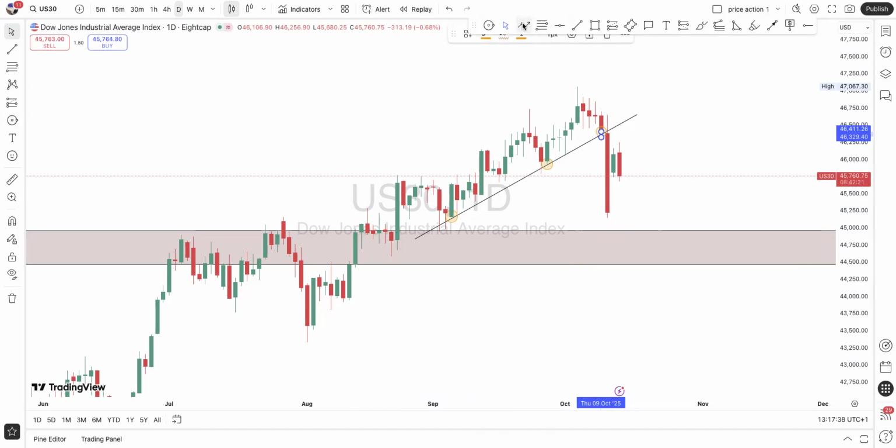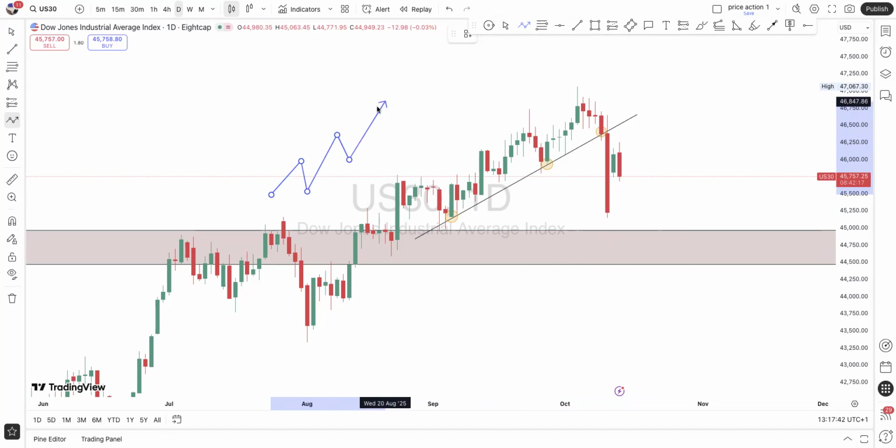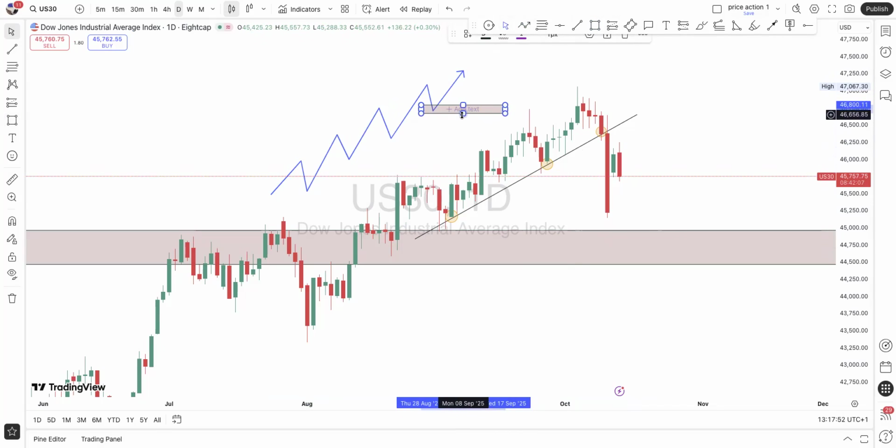So when we're talking about market structure, the market creating a series of higher highs, then the previous low that was created before the high was broken is our major point of interest. There are definitely other lows as well. But the previous low, when this low is broken, then we can consider it as a downtrend. Then it could gain support and retest and continue.